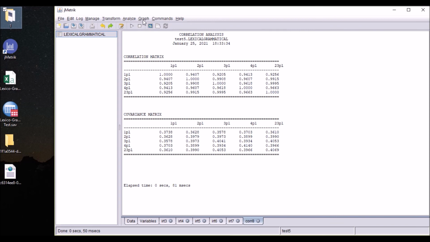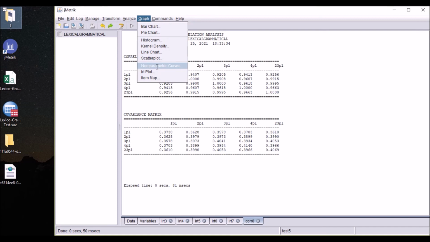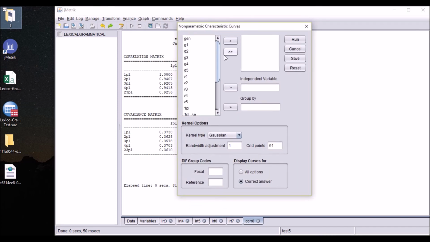Next, I'm going to go back to graph and non-parametric curves for IRT. So we can create non-parametric curves for all of the items. So I would like to choose item 1 and 2 to move it to this side. And if you're interested, you can also choose an independent variable, being, for example, 1PL or 2PL,